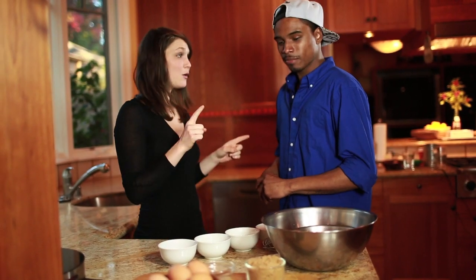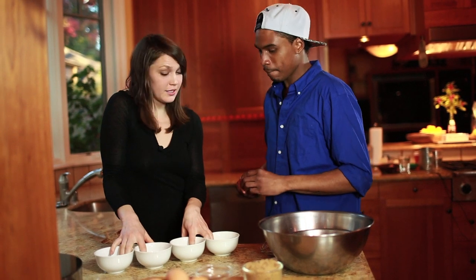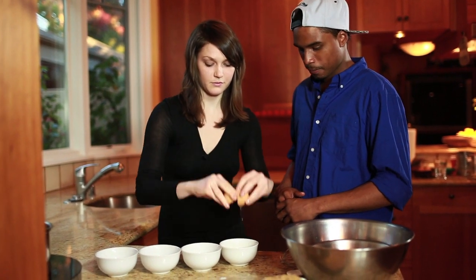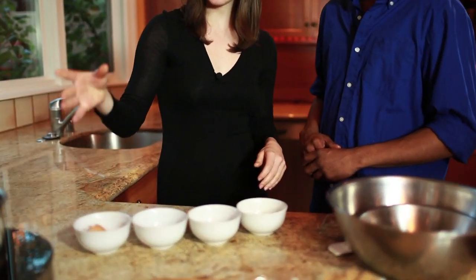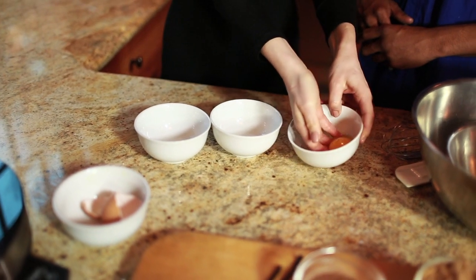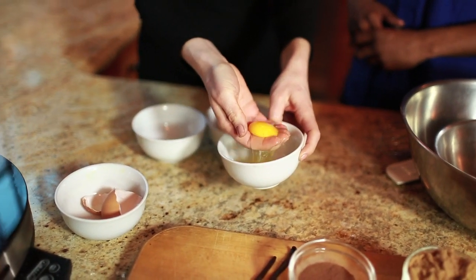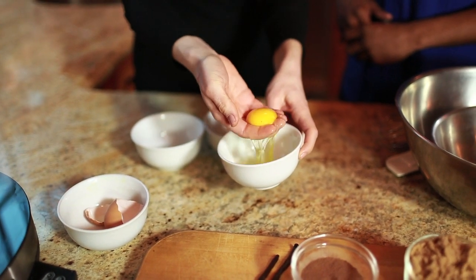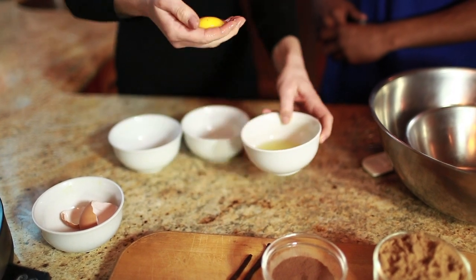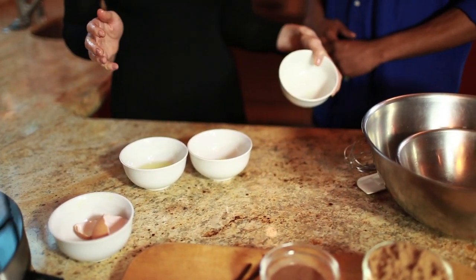So we're gonna be separating the egg whites from the egg yolks. And we're doing that with a 4-bowl strategy. Taking an egg, cracking it in. Egg shell goes in this one, push it aside a little bit. Then we're going to put our hands in and gently pick up the egg yolk. These are really fresh eggs, so it means that separating the egg yolk from the egg white is even harder. We're gonna shake it around a little bit, kind of pinch it off. Egg yolk goes in here, egg white goes in here, and then we have our empty bowl and we can